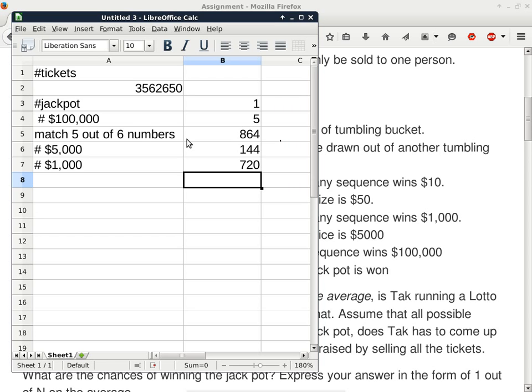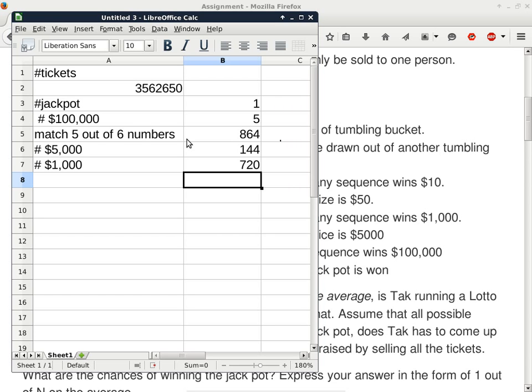I just want to come up with a total number of people first, and then partition that into people who get the $5,000 prize and the people who will get the $1,000 prize. Alright. So you don't have to do it this way. You can just come up with 144 and 720, but you have to kind of show me why you think there'll be 144 people getting the $5,000 reward.